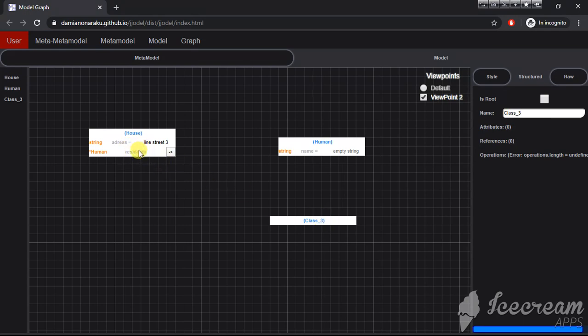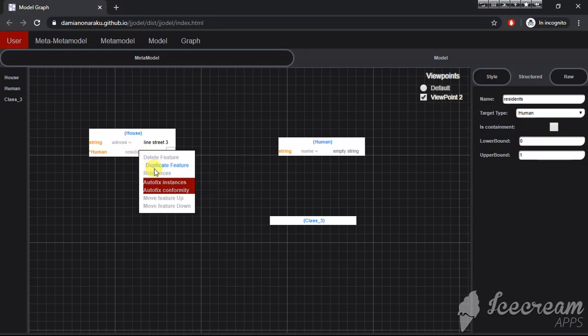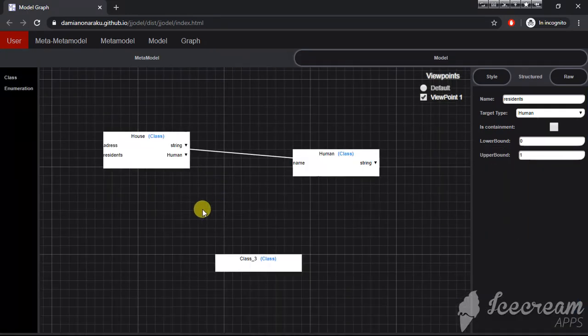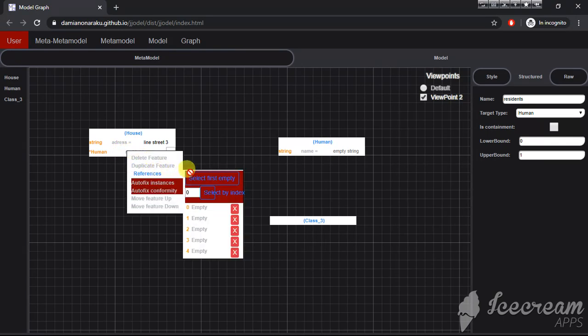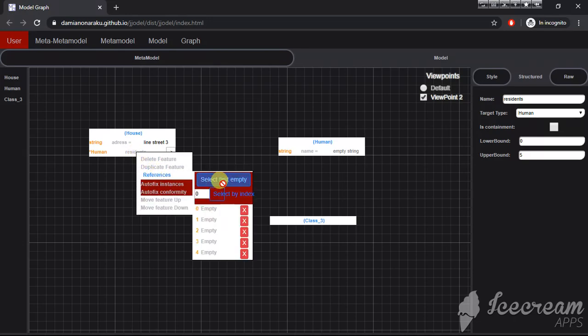Now to set the value of the reference, we must right click, go here. The red things are things working on it. They are on the to-do list, and these have upper bound 1, so I can only fill one value, and there is no value currently. Now let's change this. I want to set a different upper bound, for example to 5. And now it is telling me that the residents of a house can be at most 5. Currently they are 0.